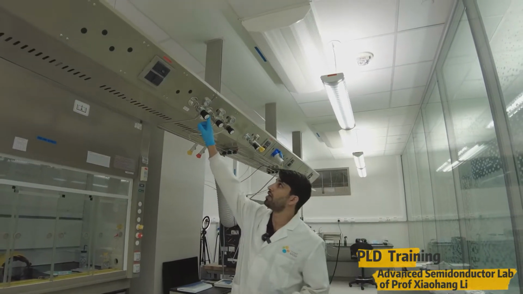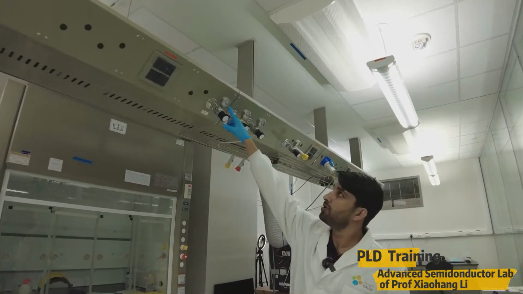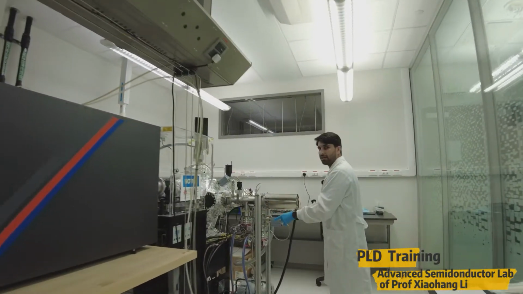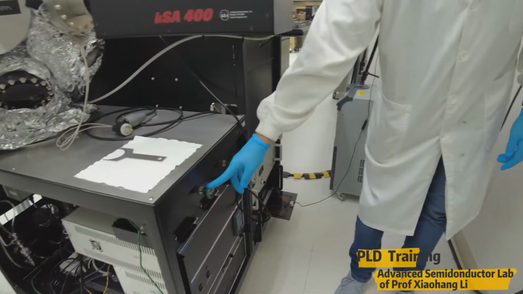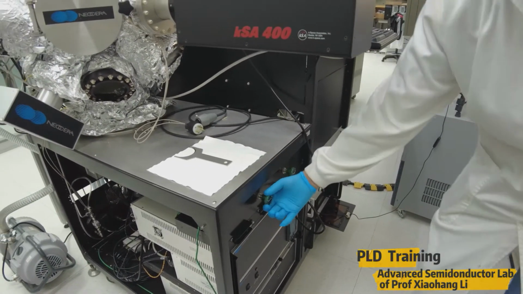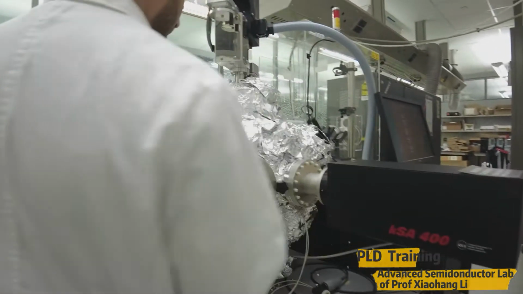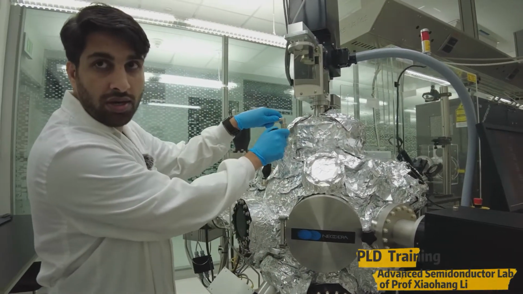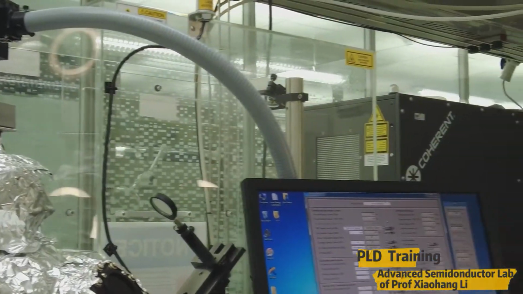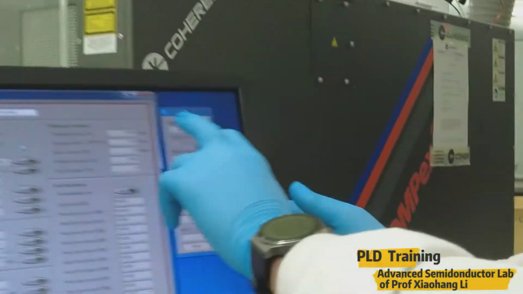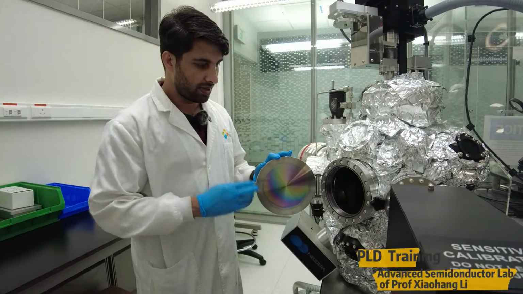Now we are going to vent the system. For that we need nitrogen gas here, so make sure that there is some pressure over here so that we can vent the system. The nitrogen comes directly to this chamber. There is one valve here, we need to open it. This is for nitrogen, this is for oxygen. So I will open this one. Now you can hear some sound. Then carefully open this valve. Also have a look at the monitor pressure, then carefully open this one. Then you can see that the pressure is going to a higher value, that means it is going to atmospheric pressure. Now the system is vented.